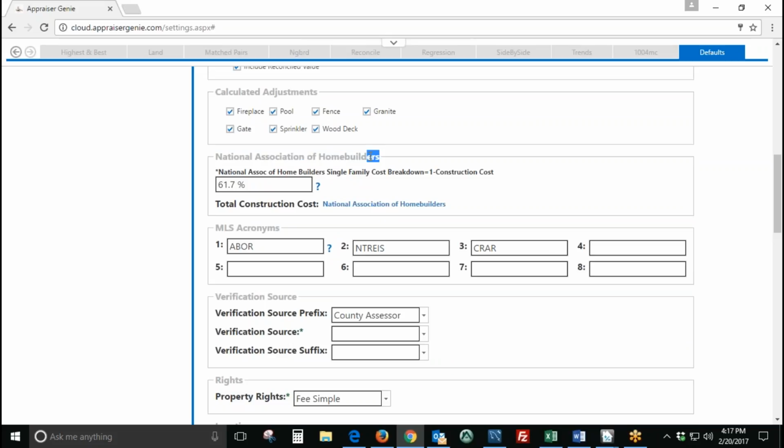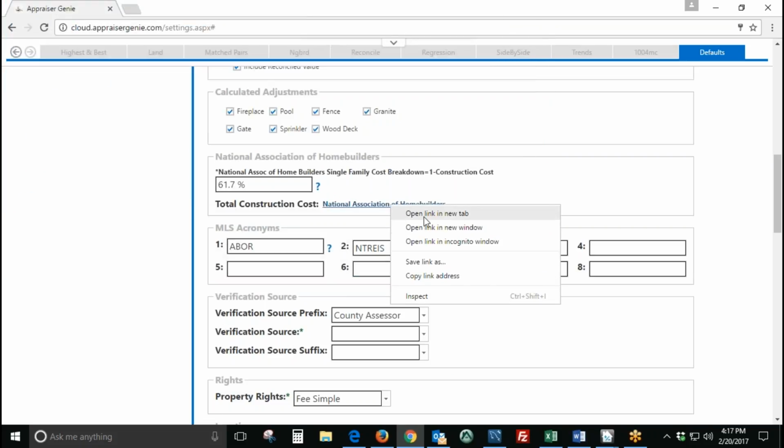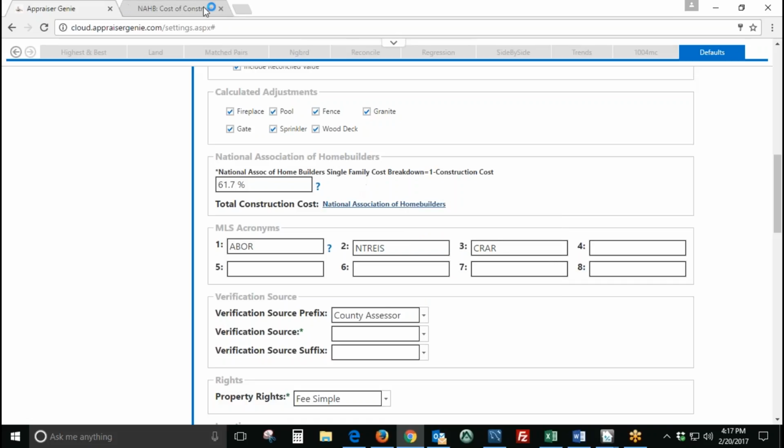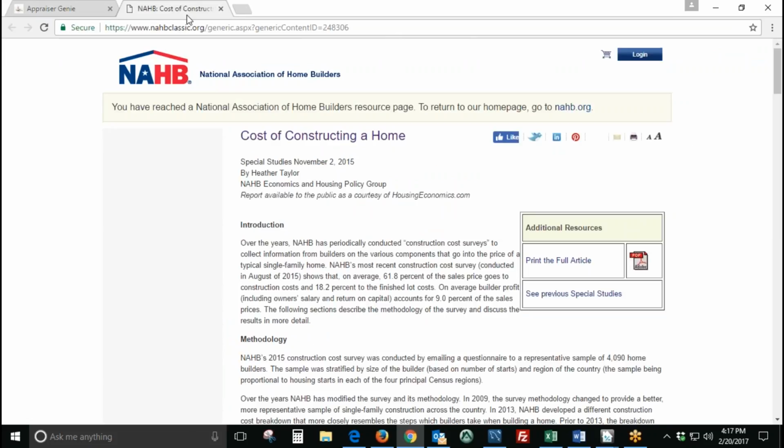Alright, so this National Association of Home Builders, this 61.7 is the national average cost for constructing a home. You can right-click on this link and go to Save Link As. I think I did that wrong. I didn't mean Save Link. Open link in new tab. Sorry. Okay, so when you click on this link, it's going to take you to their website here, the cost